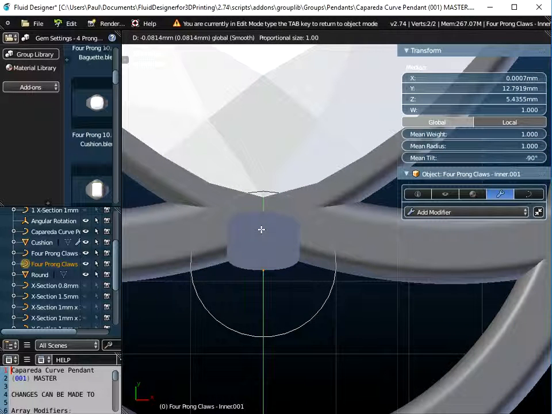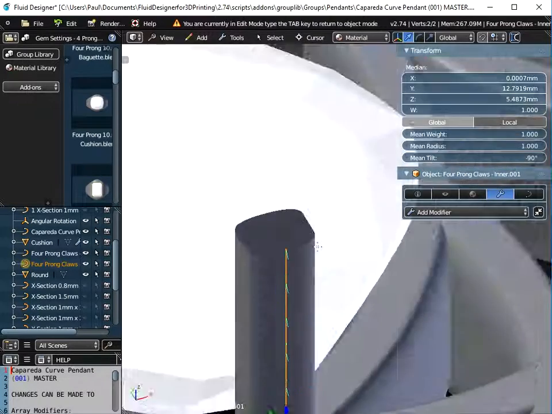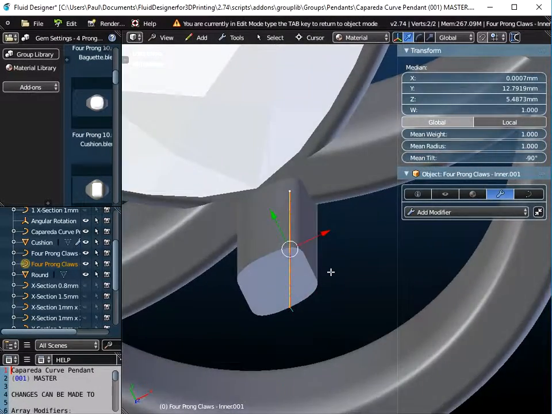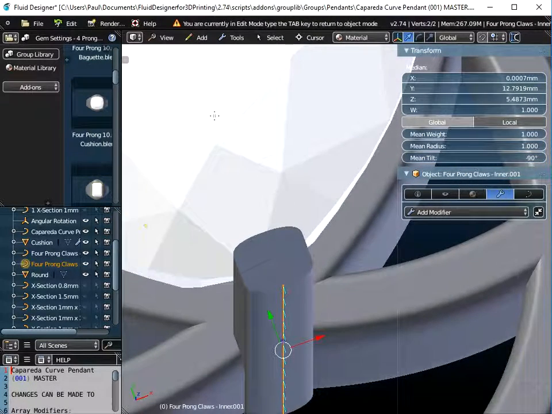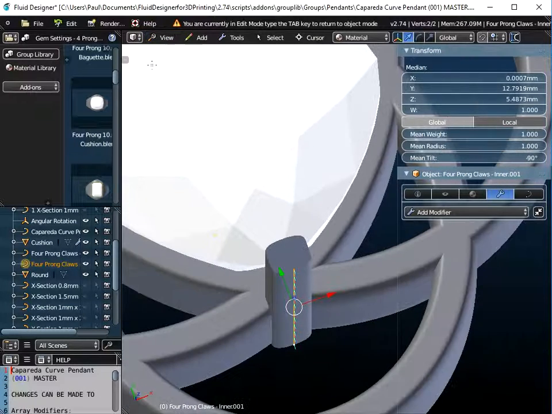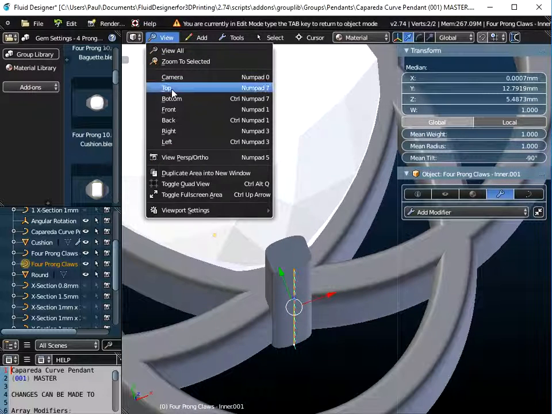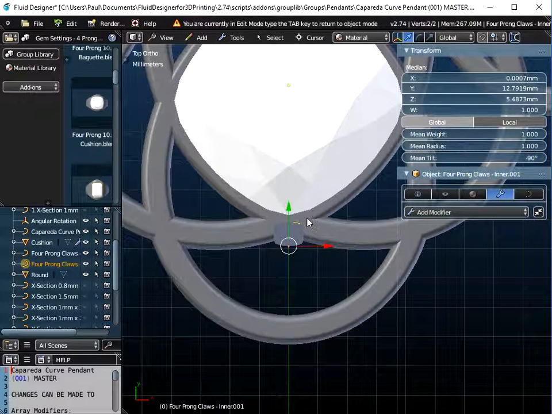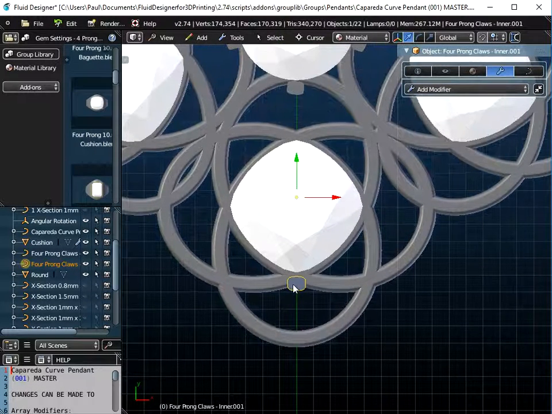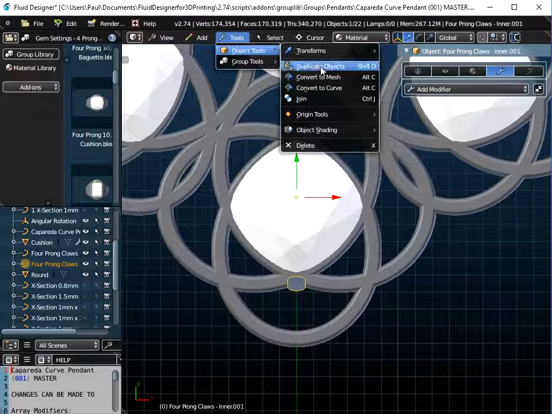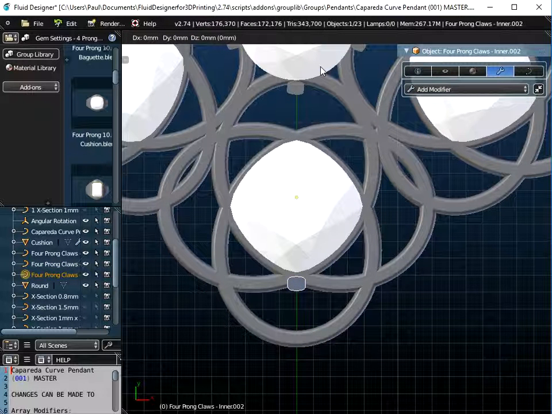Okay, and I could just pull it back a little bit, so you can see where that prong is going to fit. And if we go to View and Top View again, and come out of Edit Mode, now clearly I'm going to need 4 of these around here. I'm just going to do 2 in this video because I don't want the video to go on for too long. So what I can do is I can duplicate this object and press the Enter key on the keyboard,